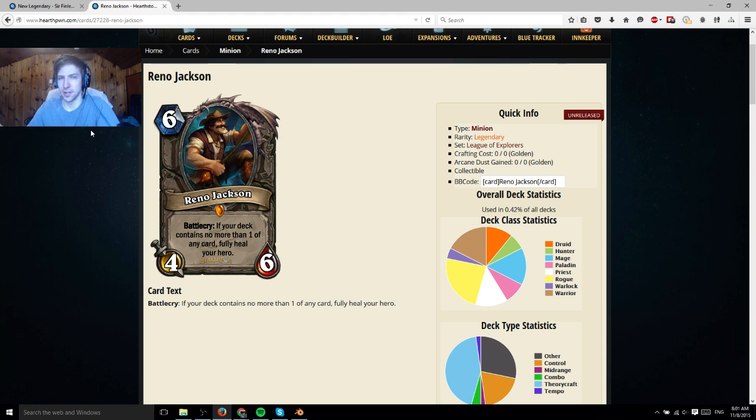Today I wanted to take a look at one of the new League of Explorers cards in more depth, and that is Reno Jackson, who is very interesting to me in two ways. The first being that it is a card that has the potential to slow down the meta, because if you pull its trigger and it actually goes off, it will fully heal your hero, and just your hero. That means turn 6 or past turn 6, if you meet the condition, you can basically Tree of Life yourself and put a 4/6 minion on the board, which is absolutely ridiculous, and that is the whole reason why it